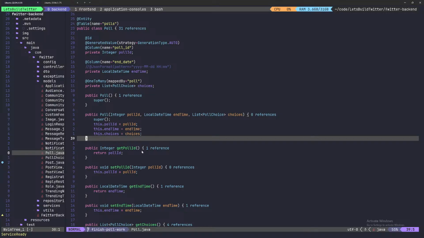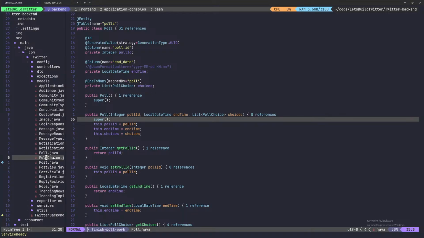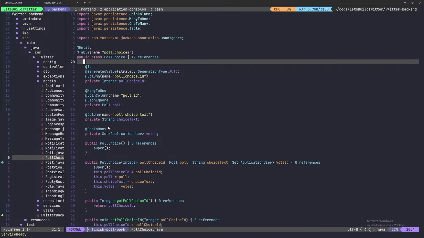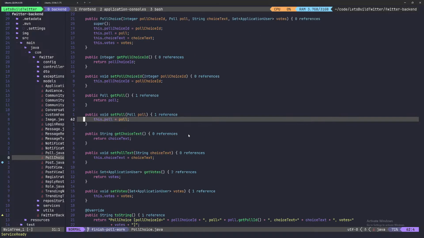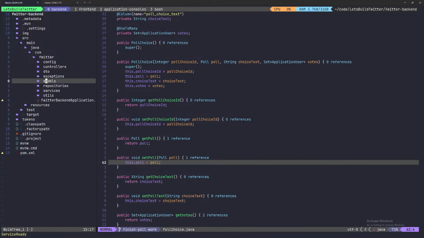I was just taking a look at what our poll looks like. Our poll is pretty simple. It's just an ID, an end time, and then a list of choices. Our choices have an ID, the poll that is connected to the choice, the text, and then a set of application users who voted for it. That's pretty simple. Then inside of our service, I was looking at our controller endpoints on Postman, but now inside of our poll service,